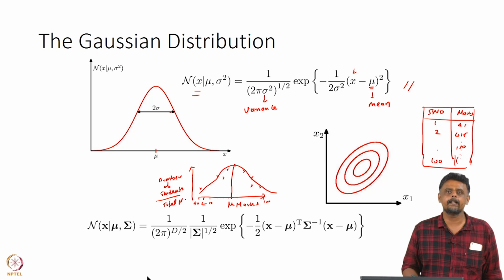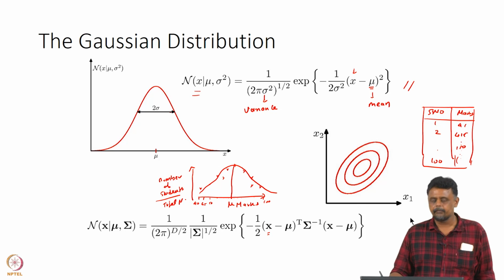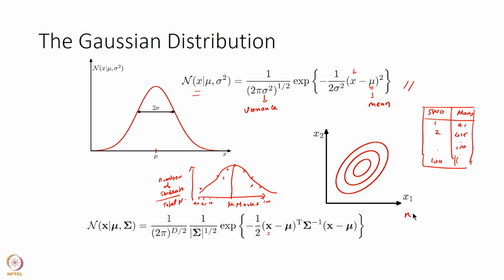So, this is in 1D. This is a one dimensional example wherein you have marks. Sometimes the variable x you are looking at is multidimensional, let us say of dimension, you are all used to dimension small n, but for the purposes of this lecture I am going to use capital D. So, if the dimensionality of x is capital D,